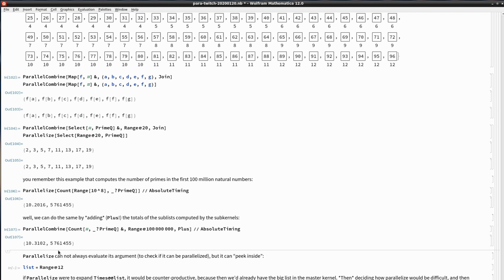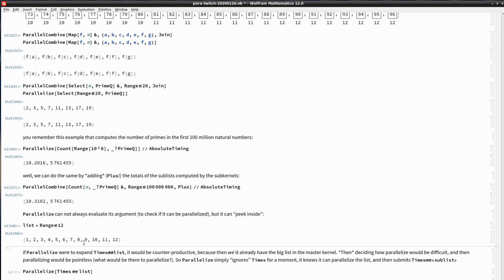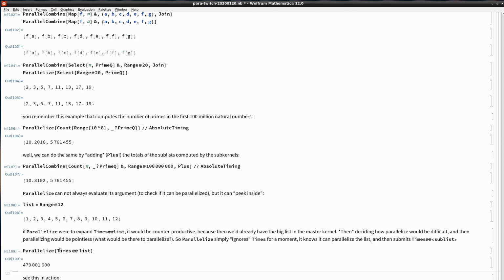Okay, a few things to keep in mind with parallelize. Pretty smart actually what's happening there, and the next example will show that. So parallelize cannot always evaluate its argument to check if it can be parallelized, but it can still peek inside. It can still look a little bit closer at these unevaluated expressions in order to understand them and then still parallelize properly. So let's take a list of the first 12 natural numbers, and in the following example here, parallelize